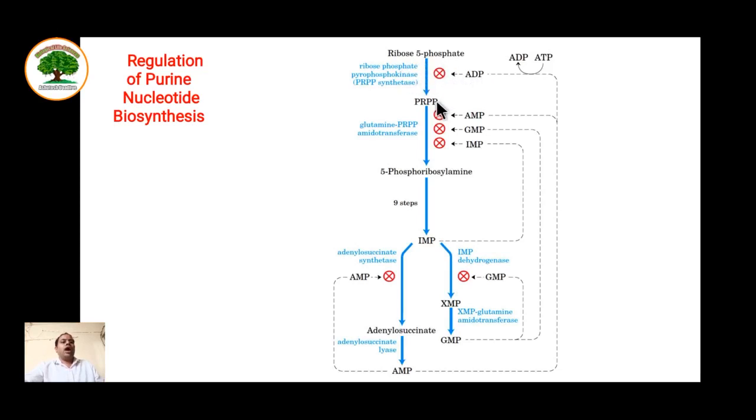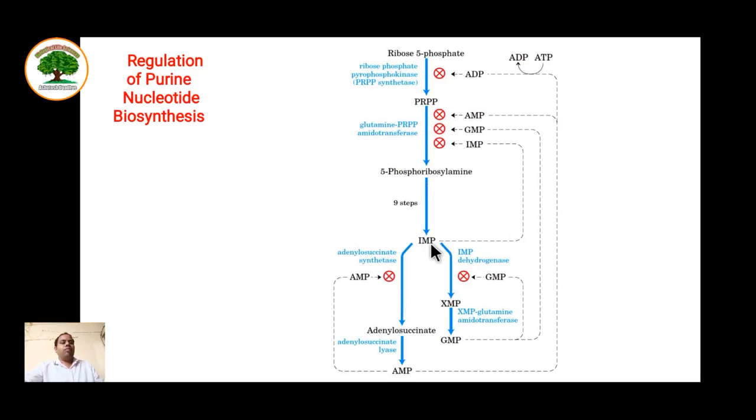Now after the formation of PRPP, this is converted into 5-phosphoribosylamine. This is another intermediate from the pathway, and it is feedback inhibited by a number of products from the pathway. If their concentration is more, it will feedback inhibit this enzyme, that is glutamine PRPP amidotransferase. The pathway will not occur in the forward direction due to the products' feedback. This is called feedback inhibition of the products that inhibits the starting enzyme. Then this 5-phosphoribosylamine follows 9 continuous steps. There is no break in between, and there is a formation of IMP.